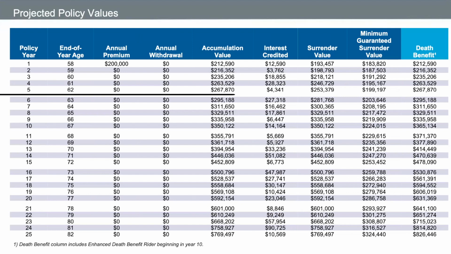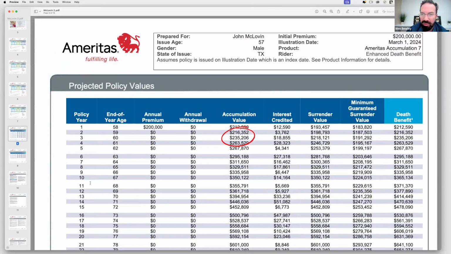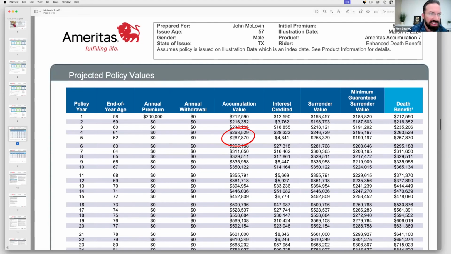Let's say year 5. You come down here to year 5 and you're at $267,000. And let's say you want to withdraw $50,000. You need $50,000 for some reason, okay? What I want to show you is something called the surrender charge schedule. If we were to take out more than 10%, the first 10% is free, remember that. But if we were to take out more than 10%, or if you were to cash out this entire thing, whatever year you did that in, this is the fee or the charge that they would charge you in the year that you did that. So if we come back over here to year 5, we've got $267,000 and we want to borrow 50,000.